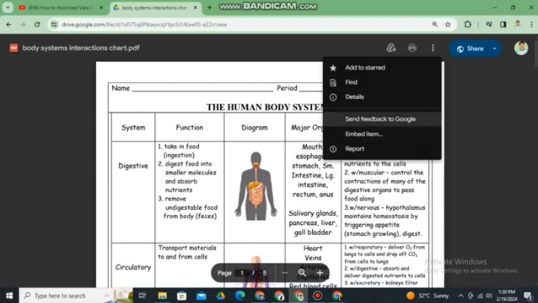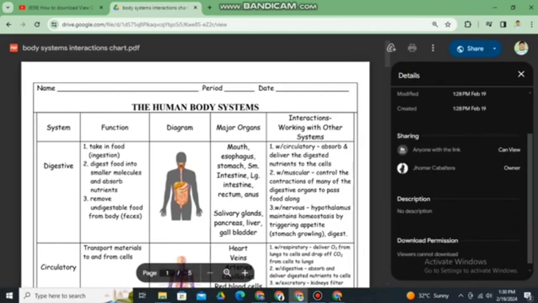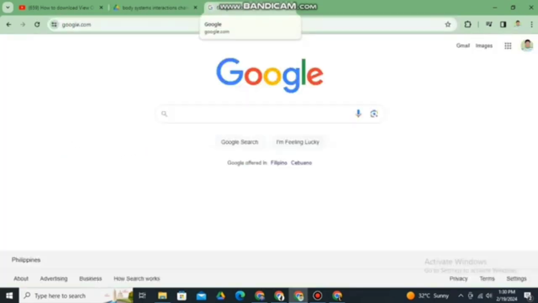And then if we check, there's no option for downloads. If we check its details, as you can see, viewers cannot download. Meaning we don't have permission to download this PDF file. So what are we going to do to